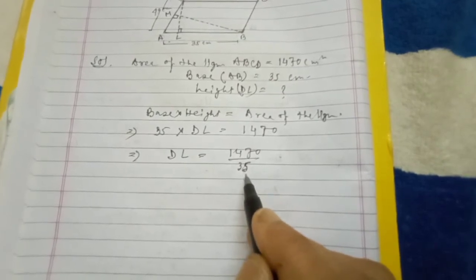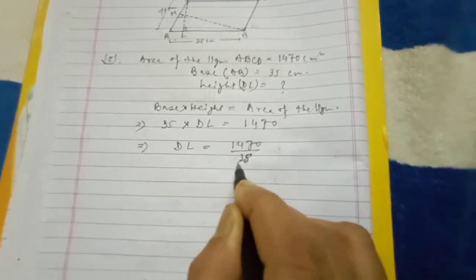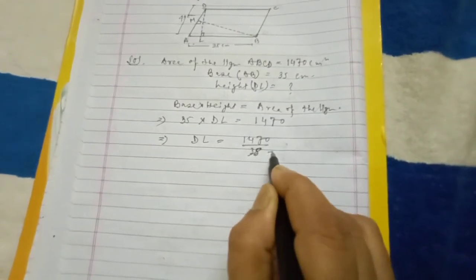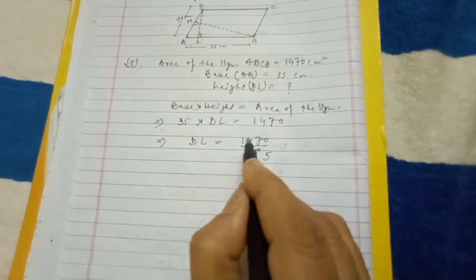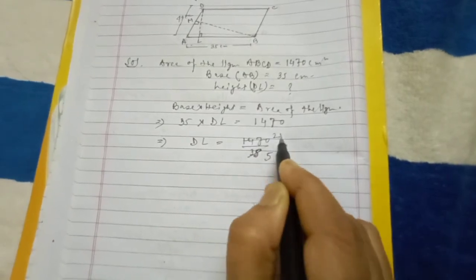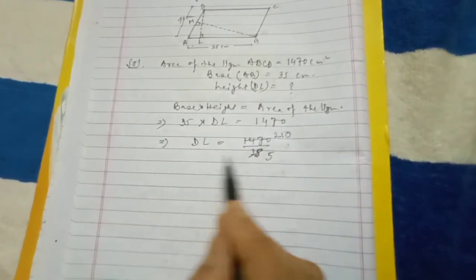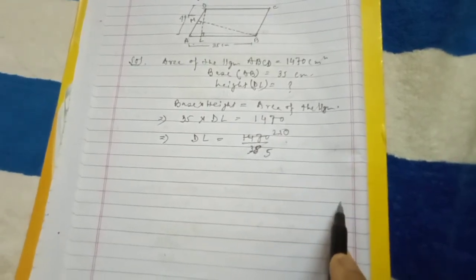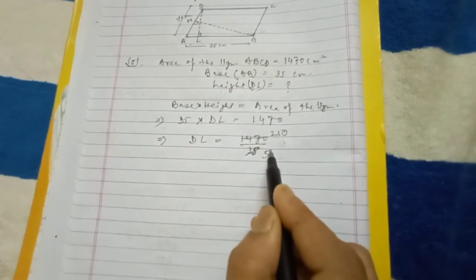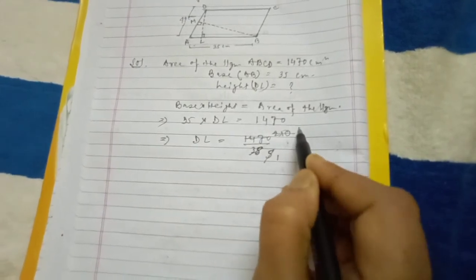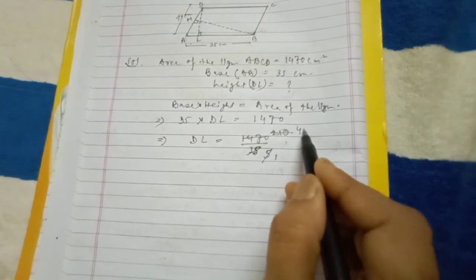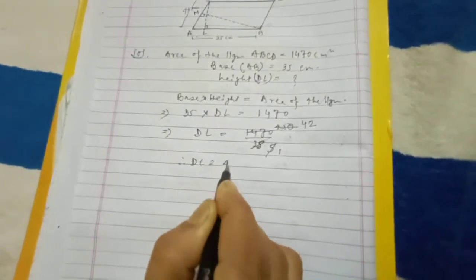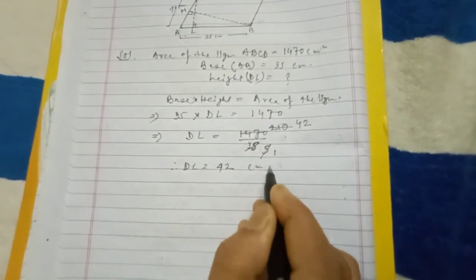Cancel, if you want to cancel, you can cancel it. 35, 5 7s are 35, 7 2s are 14, 7 1s are 7 and 0. I am dividing. You can use this division in the rough work. Next, 5 1s are 5, 5 4s are 20, 5 2s are 10. Therefore, DL is equal to 42 centimeter. First answer is